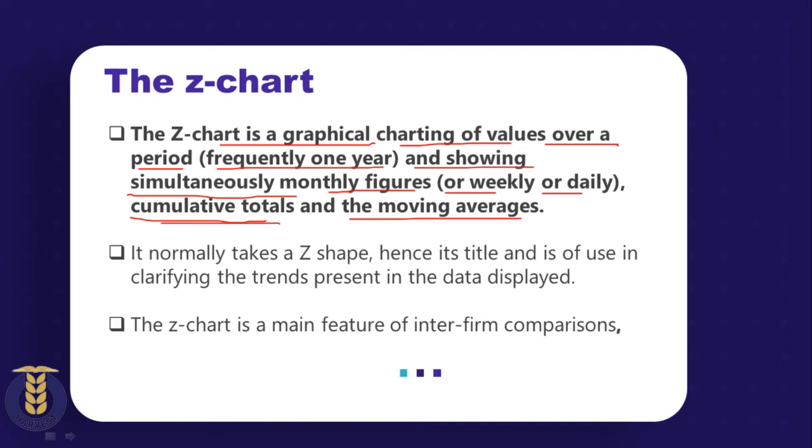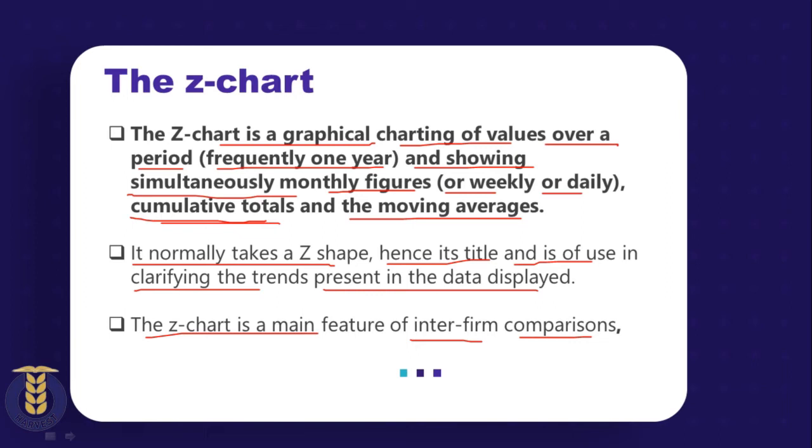The Z chart, why we call it the Z chart, is because it normally takes on the Z shape. It may not be a perfect Z, but it takes on the Z shape, and thus deriving its name and title, the Z chart. The Z chart is used in clarifying the trends that are present in a given set of data. It is also very important in what we call inter-firm comparisons. You are able to look at the performance of your company looking at the current year, the midterm, and the